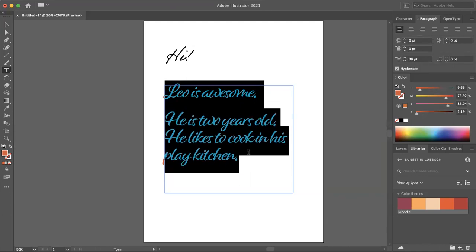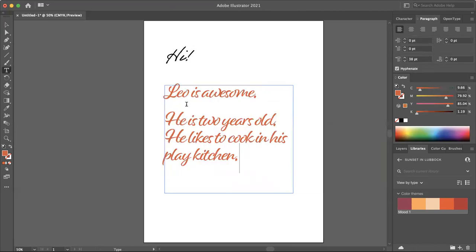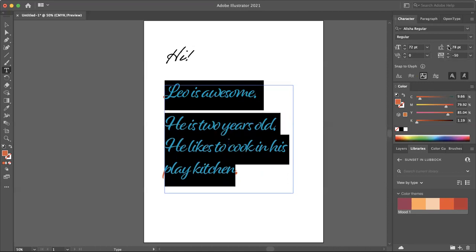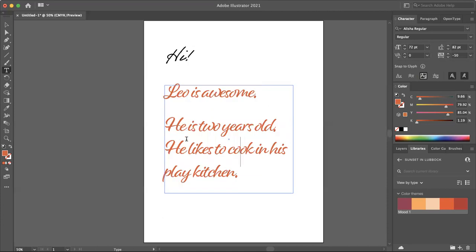It's going to move that entire paragraph. Okay. So it's just changing the spacing between this paragraph and this paragraph. Whereas if I go to our leading, it's going to change the space between all of the lines. So even the spacing between the lines within the same paragraph. Okay.